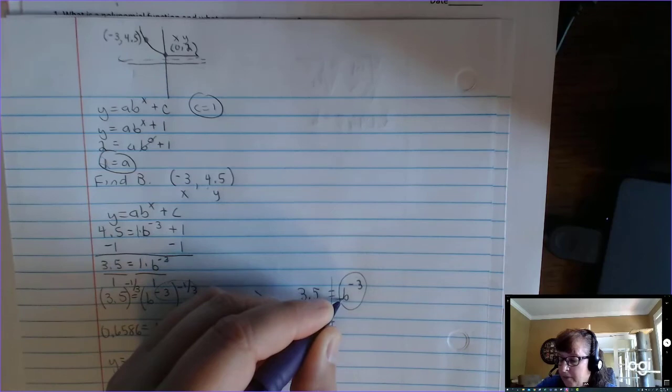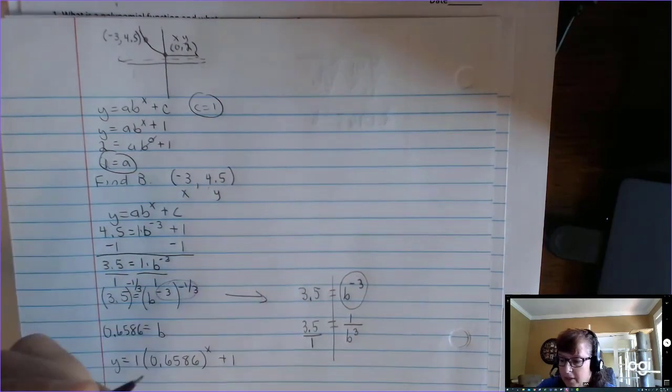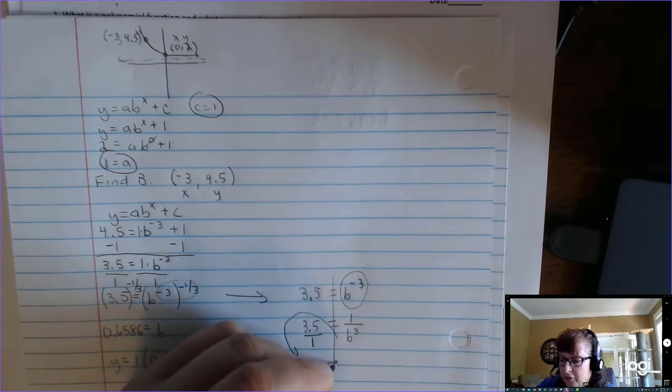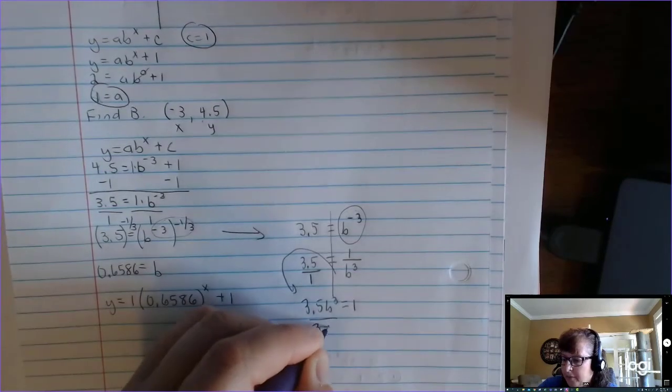The negative exponent rule says flip me and make me positive. So you can make b to the -3 1 over b cubed and then cross multiply. So if you cross multiply, you get 3.5b cubed equals 1. And then you would divide by 3.5,